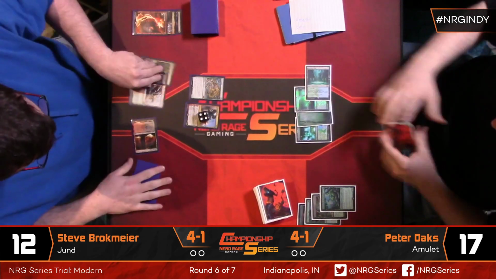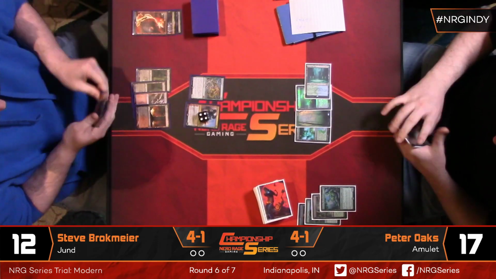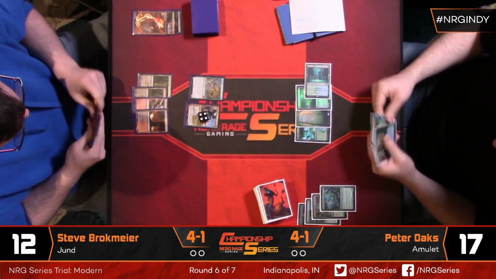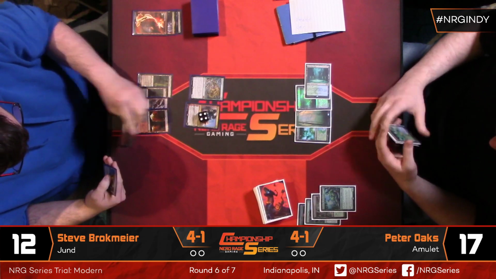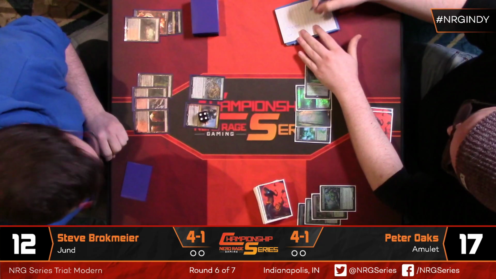But even with that, the Amulet land drops keep chugging on, and Tarmogoyf is representing some solid damage. I suspect right now it's probably going to be in the neighborhood of a 5/6 with Artifact added from Amulet of Vigor. So the clock is ticking. But that being said, it kind of needed to start 2 turns ago to give Steve a really